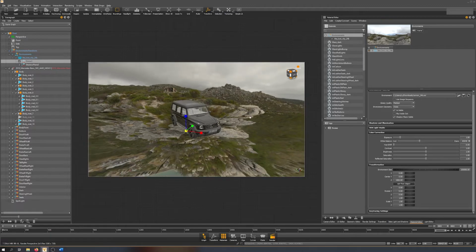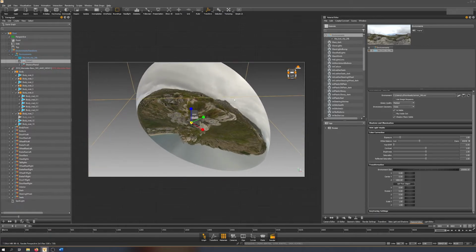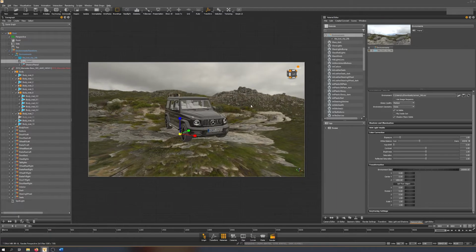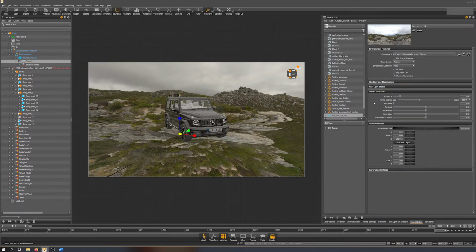You just adjust the geometry that the HDR is projected on. On the other hand, you can also adjust the projection in the environment material itself. If we select the environment material, there is this transformation aspect, and usually environments are recorded at 1.5 meters, which is 1500 millimeters, on the Z-axis, so on height,